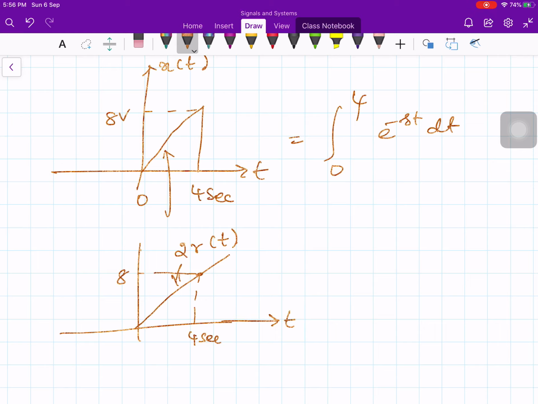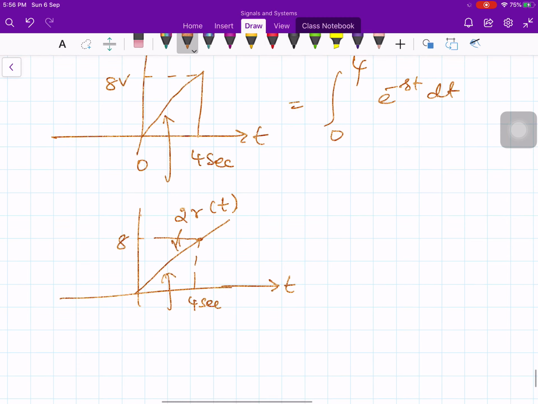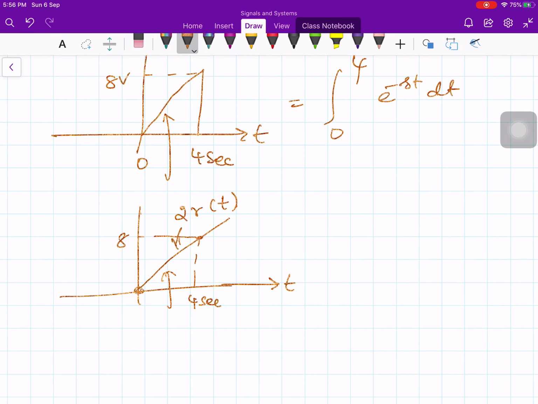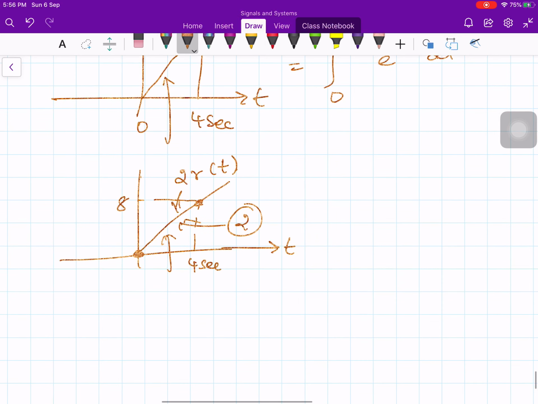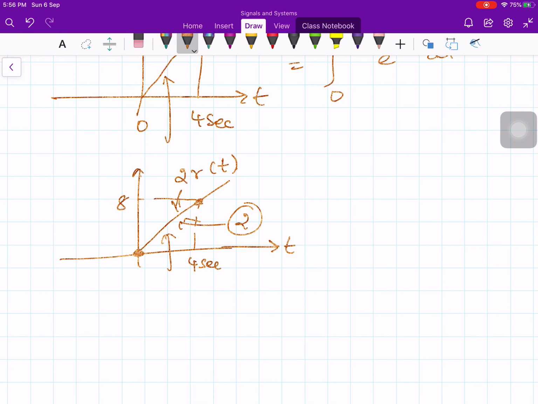Okay, so this portion we describe by a ramp function. Then you have a ramp starting at t equals 0 and reaching the value 8 in 4 seconds at time t equals 4 seconds. So this would be described by 2 times r of t, and its slope is, what is the slope? Slope is 2. Now this ramp describes the actual behavior of x of t up to t equals 4 seconds, but after this point it is continuously going, so I must arrest this growth,